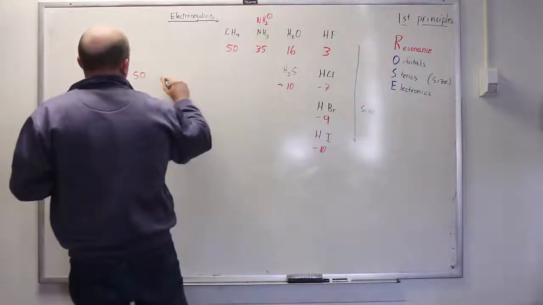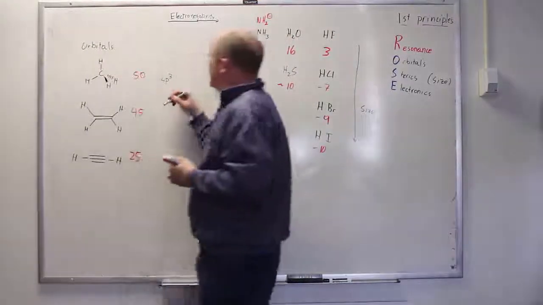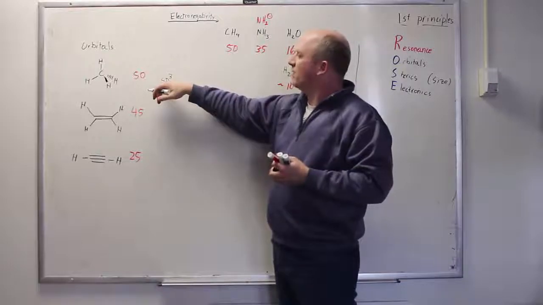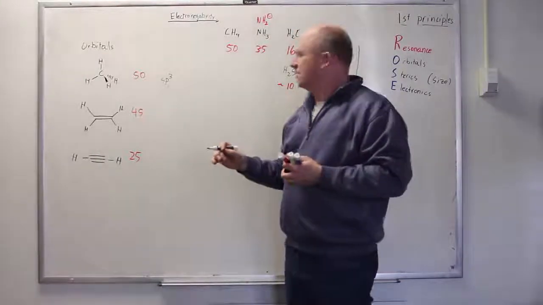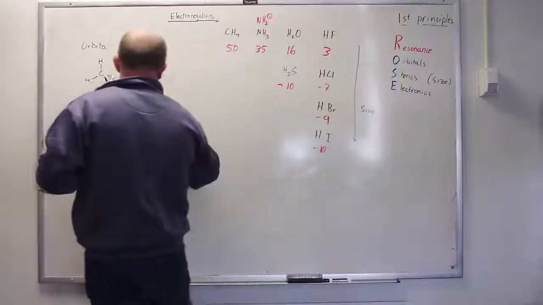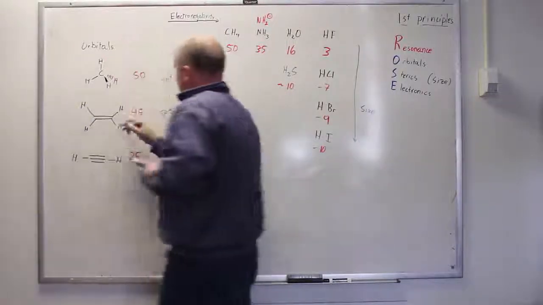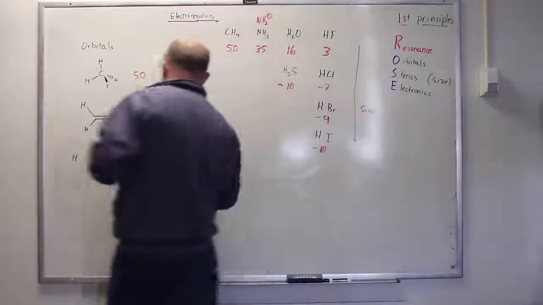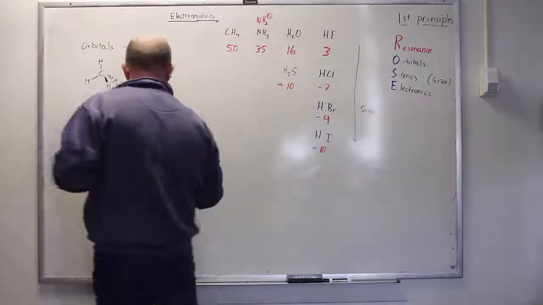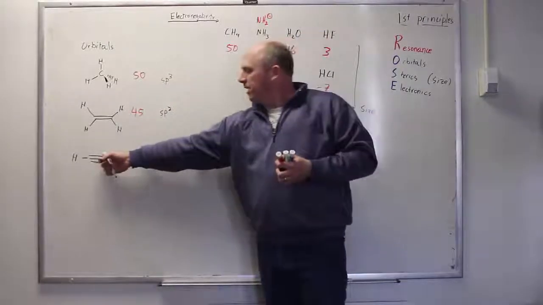In this case, we have an sp3 hybridized carbon, which means that the s orbital makes up about a quarter of the hybrid orbital that the hydrogen is bonding with. In the next case, we have an sp2 hybridized CH bond, and the s orbital makes up about a third. In the bottom case, the s orbital makes up about half of the hybrid orbital, making the bond between the